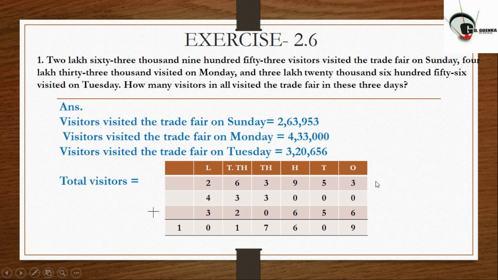Yes, first of all we start from the ones place: 3 plus 6 will be 9, and 5 plus 5 will become 10, 1 will be carried over here, so 9 plus 1 is 10, plus 6 is 16, 1 is carried over here again, it is 7, and then 6 plus 3 plus 2 is 11, carry is 1, then 4 plus 2 plus 3 plus 1 is 10. So the answer is, total number of visitors are 10,17,609. So I hope you have understood how to do this kind of word problem. Now let us move to the next one.